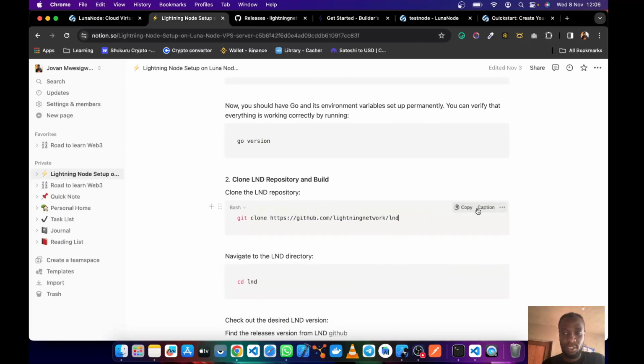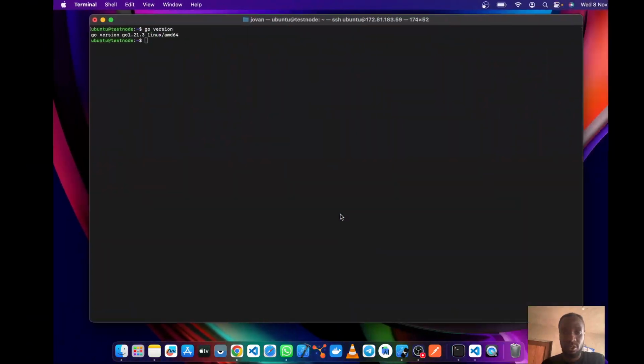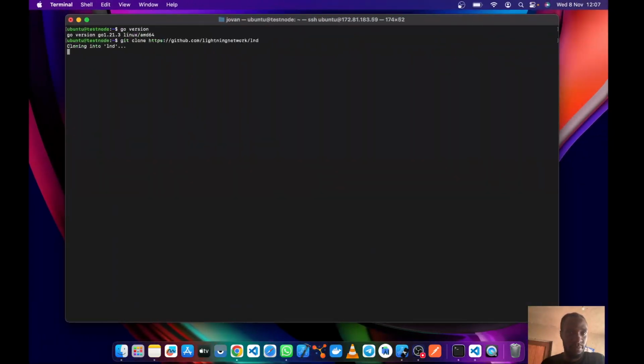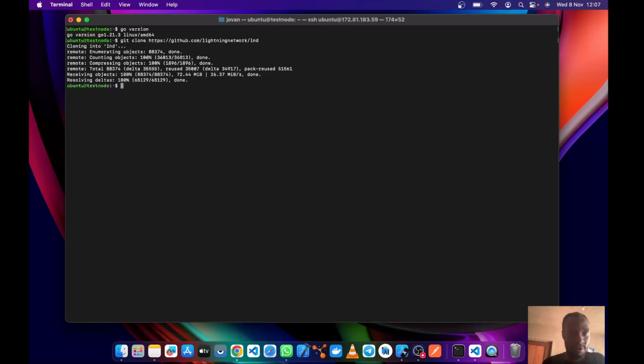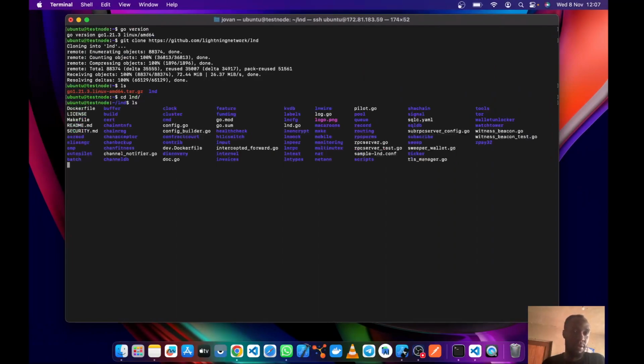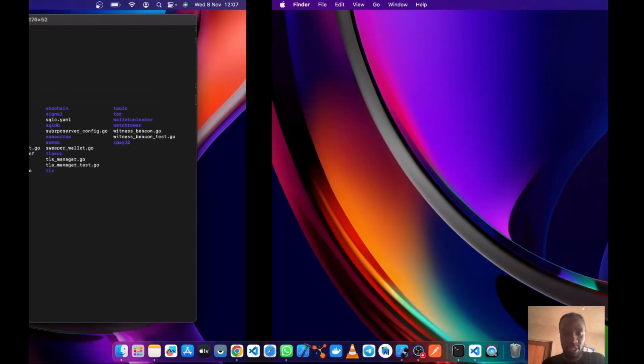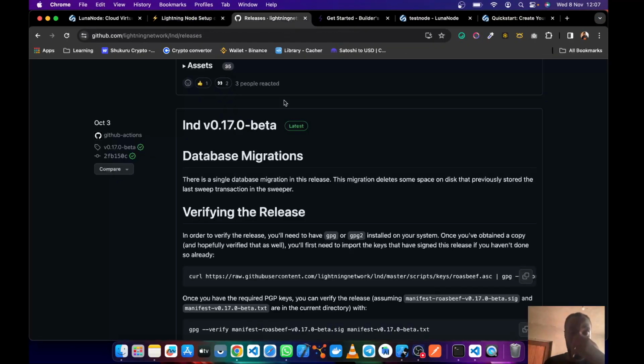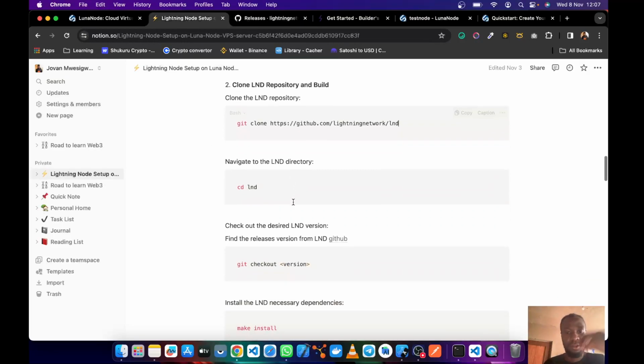So the thing you have to do is we need to clone that. Head over to clone. Beautiful. So clone that. We see we have LND there. So we navigate into that folder, and you can see the whole code is there. Okay, what next? Like we said, we need to check out the most recent, the most stable